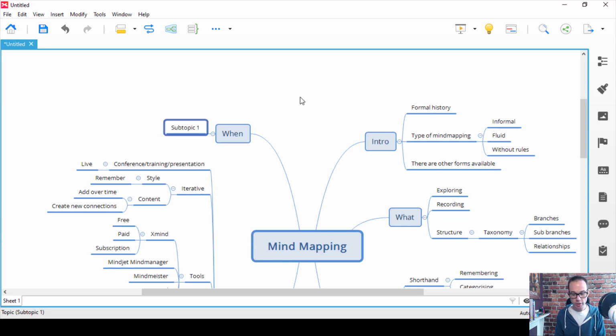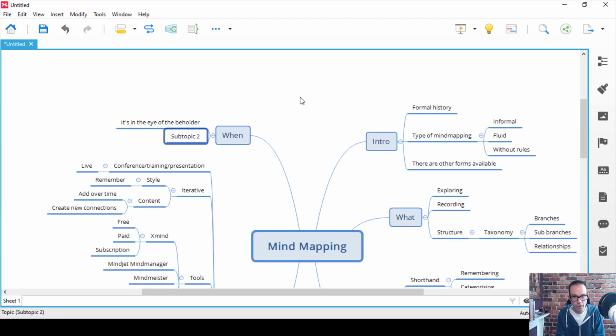I think it's in the eye of the beholder. I don't think there's any inherently right or wrong time to use mind mapping, so I'll talk about when I've found it useful. And I think it's useful when there's an inherent structure, and you'll see there I can't spell the word inherent.